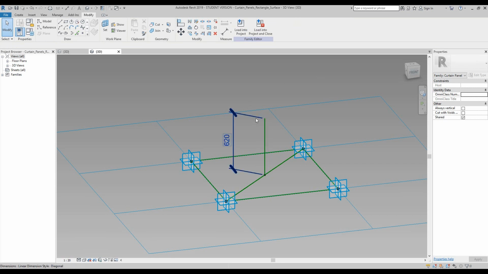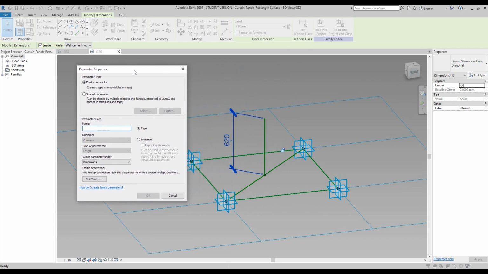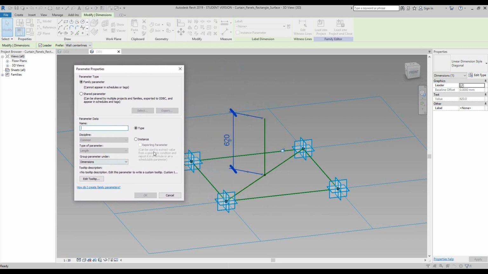Now my dimension on my screen says 620. It might be different on your screen, it doesn't matter. So if you select your dimension, you'll notice up the top the user interface has gone green, and in the middle we have label and it says none. So what we want to do is create a new label, and you'll see a little button just beside it that says create parameter. So we select that, a new window opens, and this is how we can control our parameters and create parameters. We're going to name this parameter height. So in the parameter field name, type in height,